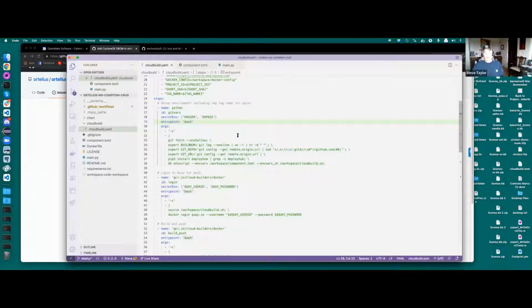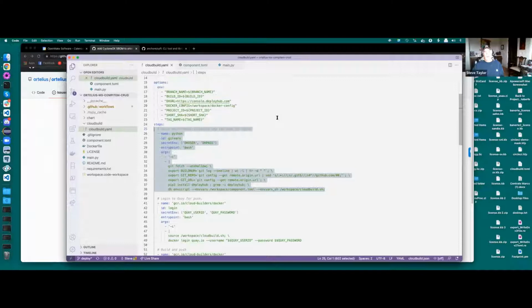Syft execution. So again, to walk through the cloud build, the cloud build will pretty much translate over to a Jenkins pipeline, or Azure pipelines, or a GitHub action. The steps are going to be identical, but some of the nuances of the build tool you have to adjust for. So in this case, with